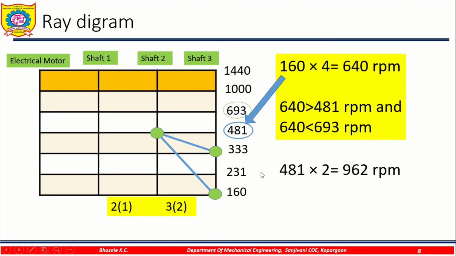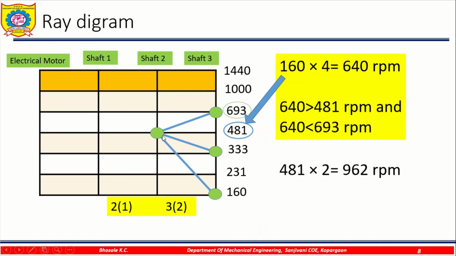Again in the third stage, there are three lines with a distance of 2. So we'll plot 3 points with a distance of 2. These are the 3 node points with a distance of 2, and then join with the lines. So there are 3 lines in the third stage with the 2 gap.